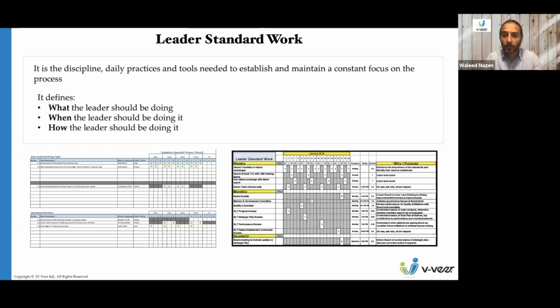It's an experimentation. So what you need to do is schedule the activities, identify them, write them down, carry them out, and make sure they are fulfilling your targets or not. Just like any standard work, it might be written down, but then you find out that you're not able to achieve your objectives, so it needs to be modified. And this is for every leader: middle management, senior management, and even the CEO. You need to have that level of standard work for a leader and put it in place.